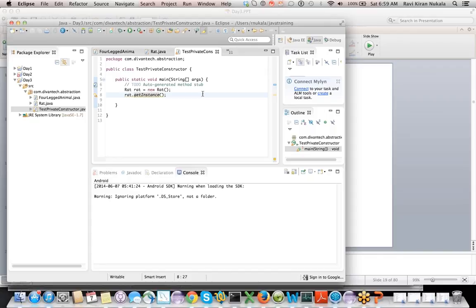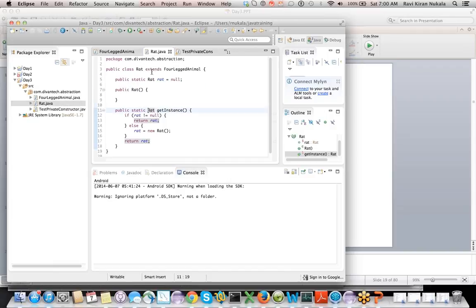Is the rat class a singleton? Yeah, but we need to add a little more for singleton. This object instance creation is singleton. It looks at whether an instance is null or not, and then sets it. This is the singleton implementation, but you have to implement a little more.